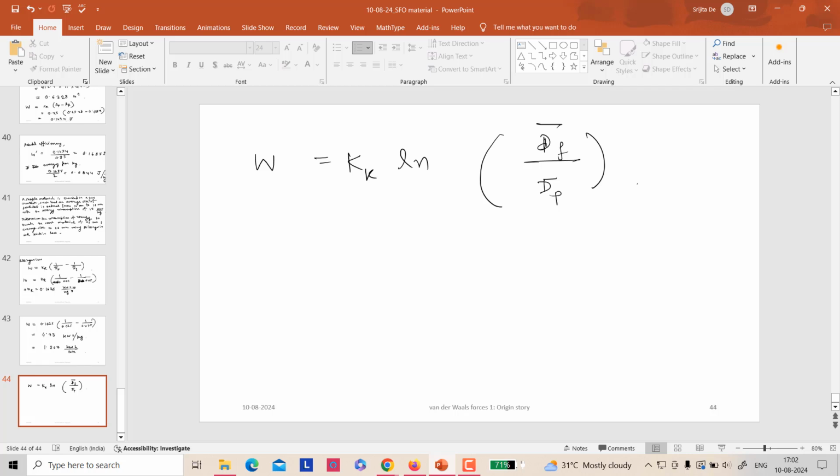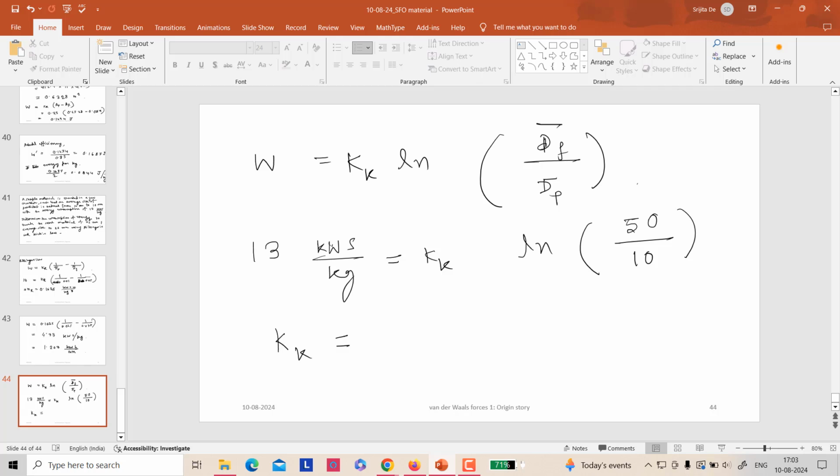So initially we know it is 13 kilowatt second per kg equals Kk times ln, where initially the diameter was 50 millimeter and 10 millimeter. So finally the Kk will come as 8.077